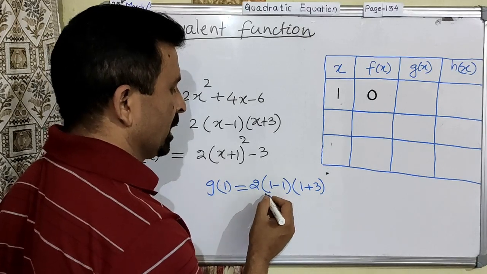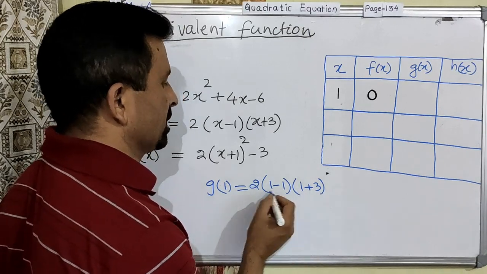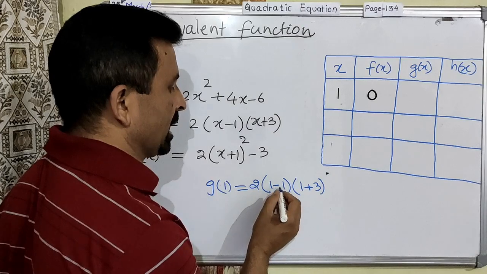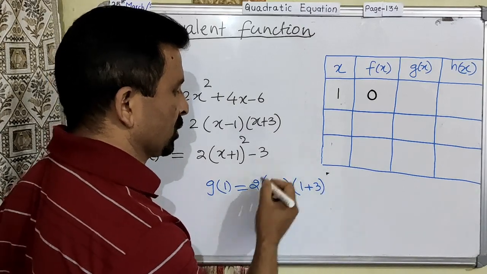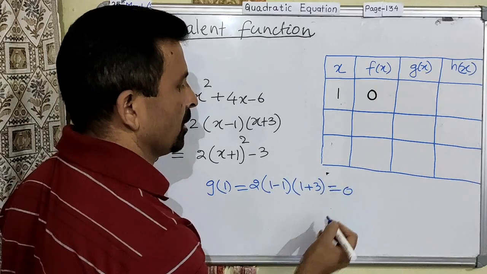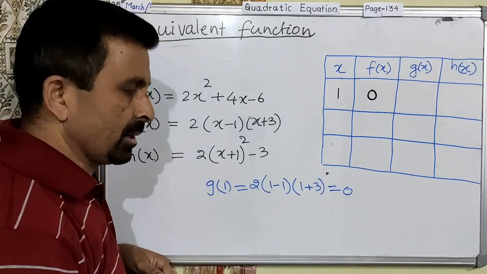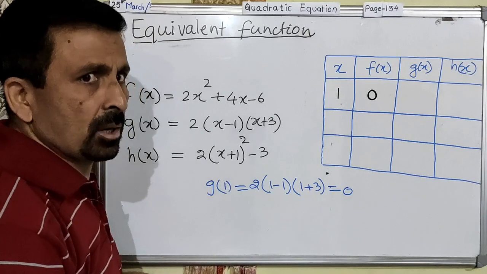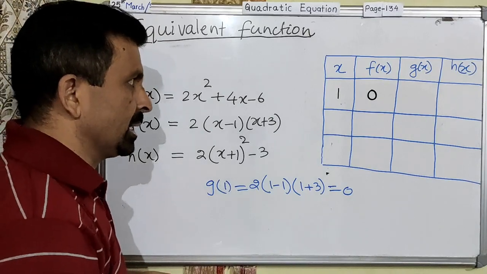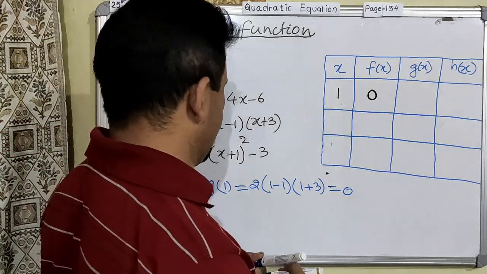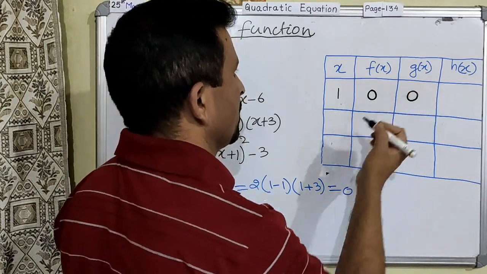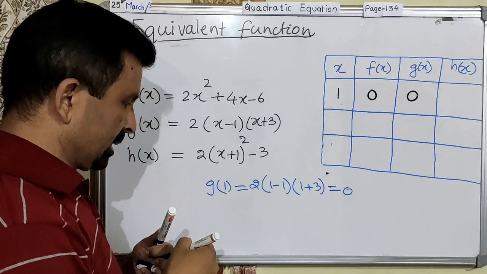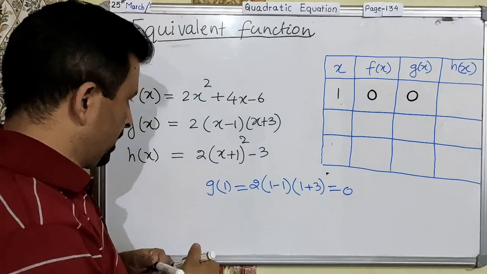The minute all these three terms are in the product form, the minute I got this part as equal to 0, I don't have to look at the other part because the product of this whole thing will become ultimately 0. Are you getting my point on that? Because any number multiplied by 0 is always equal to 0. Alright, so there is nothing to discuss. We can straight write the value of g(x) as equal to 0. Is this okay or not? Okay, now we will move on to the